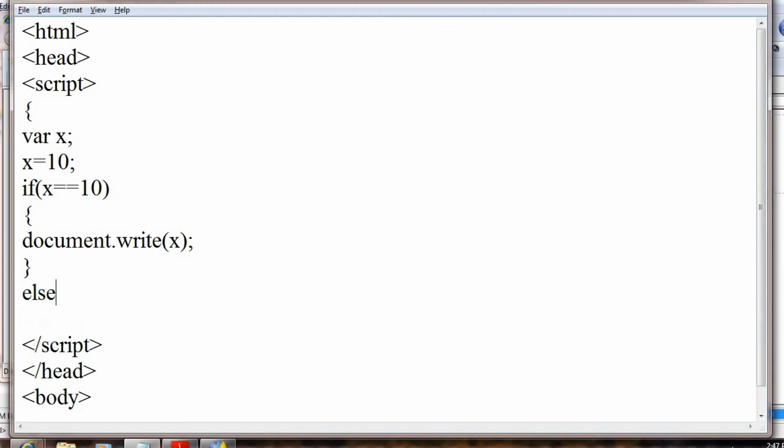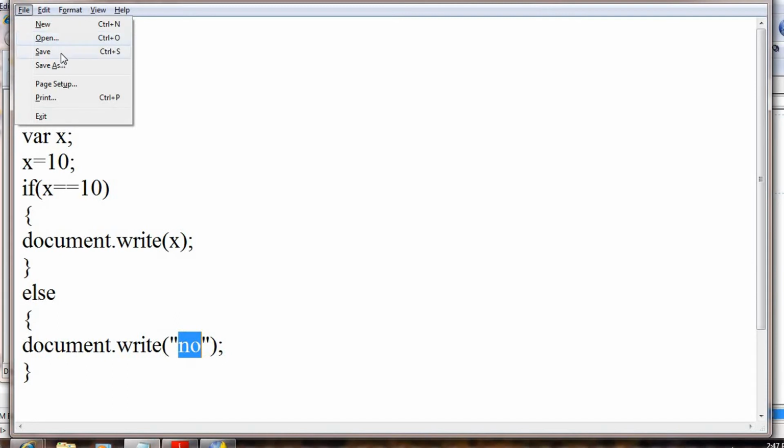Else, you can write document.write and no. Now x is 10, and 10 equal to 10 is true, so it goes inside the bracket and displays x, which means it displays 10. Otherwise it goes to the else part and displays no.